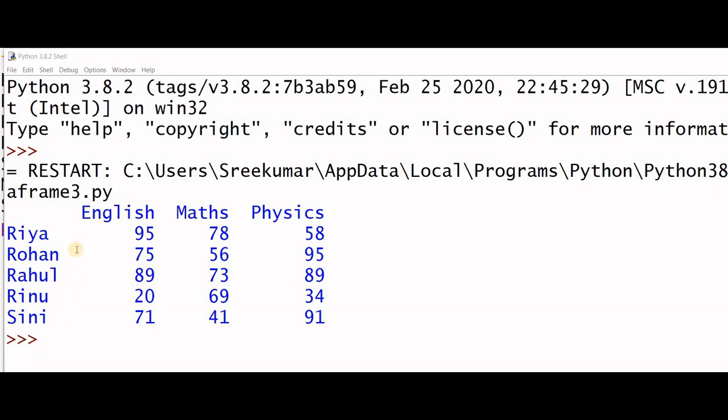Assume that we are going to design a program to access the marks of Rohan, Rahul, Renu. That means starting from Rohan up to Renu. And assume that we are accessing all the marks from English to Physics, the entire columns. Then let us write the program.